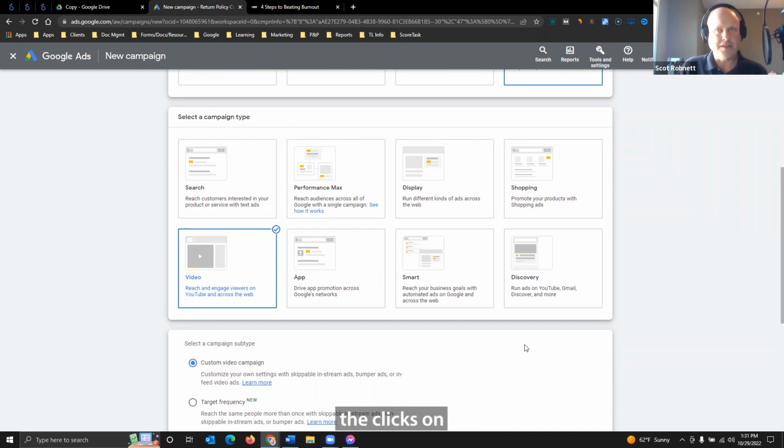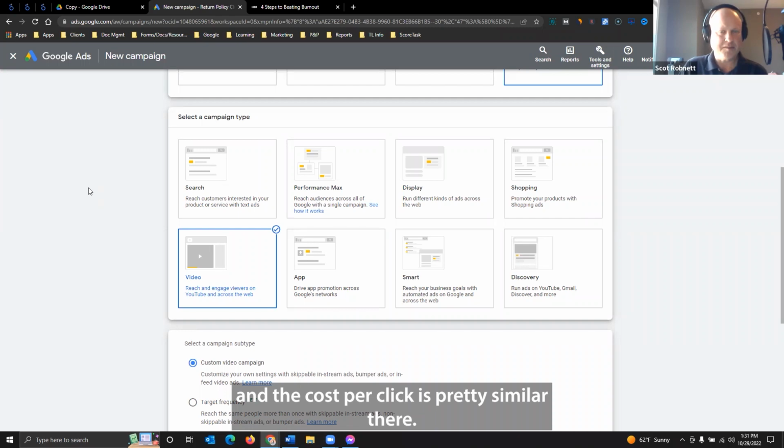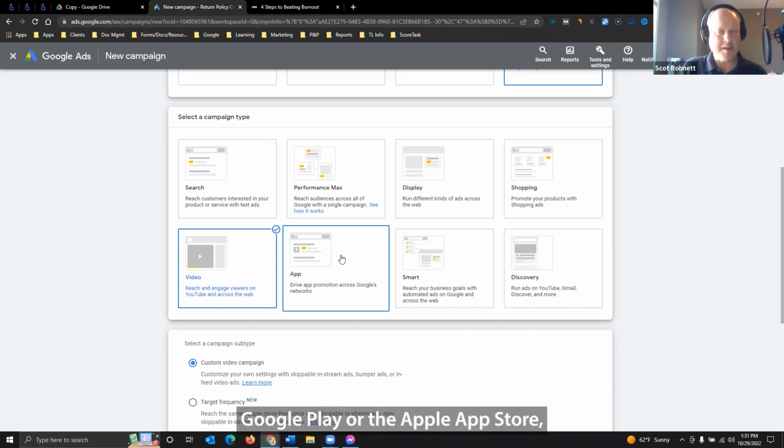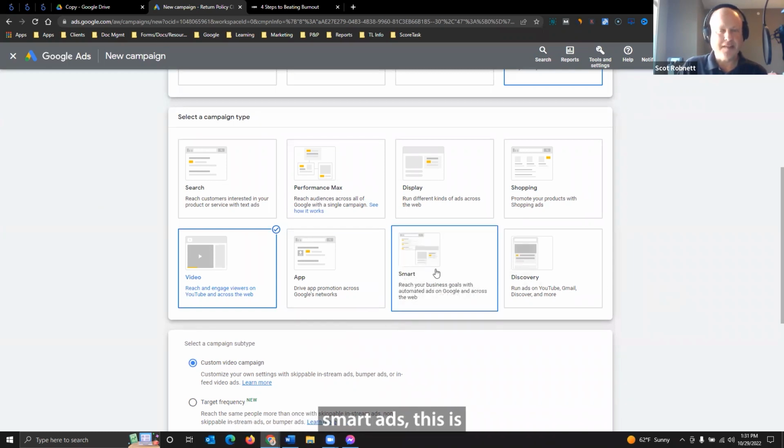The clicks on YouTube ads and search ads, the cost per click is pretty similar there. App ads are really specifically to sell apps in Google Play or the Apple App Store. Smart ads, this is